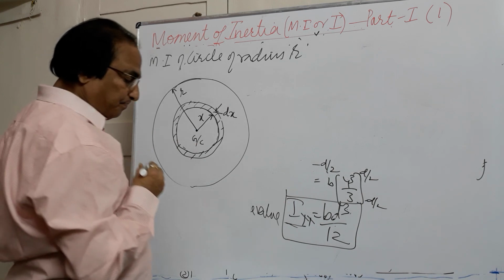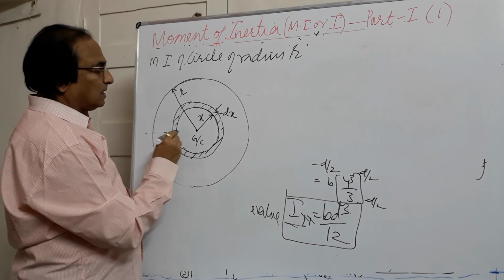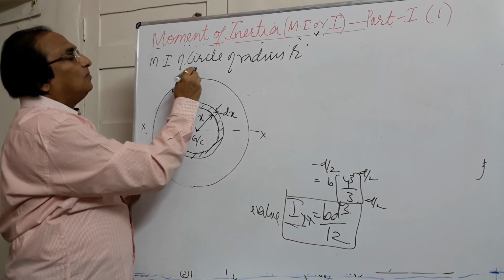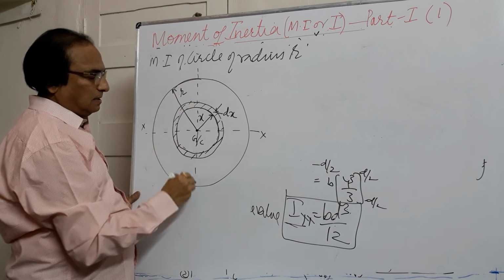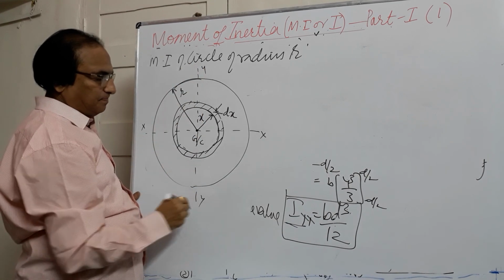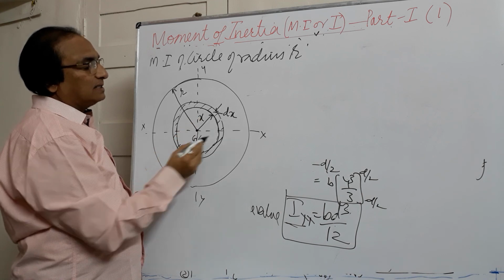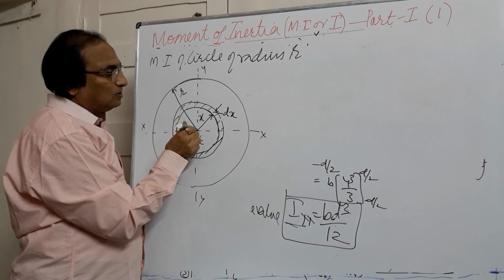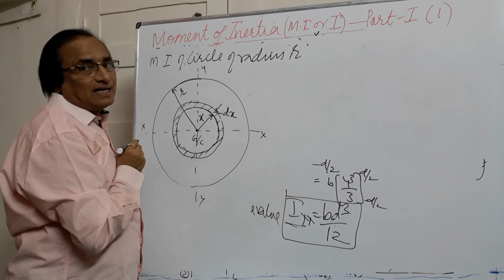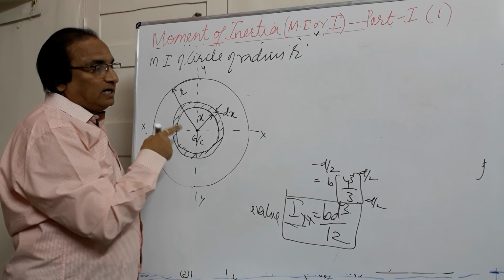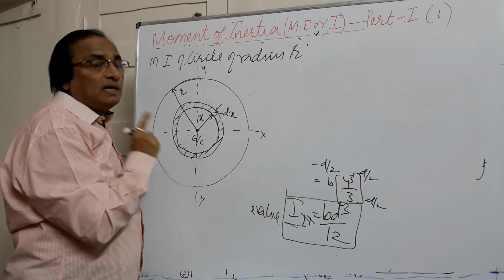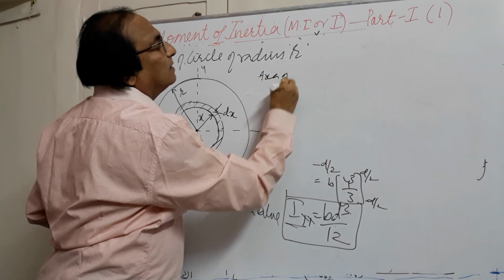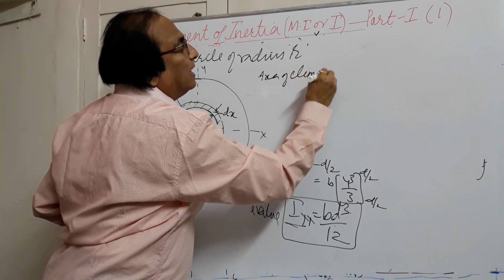Now if I draw a horizontal line through the center, this will be your xx. If I draw a vertical line through the center, this will be yy. Now this strip I have taken is neither from x bar nor y bar. I have taken the distance from the center, and we know the axis at the center is the z axis. So remember, in a circle we are taking the moment of the area from the z axis. So here, the area of the elemental ring